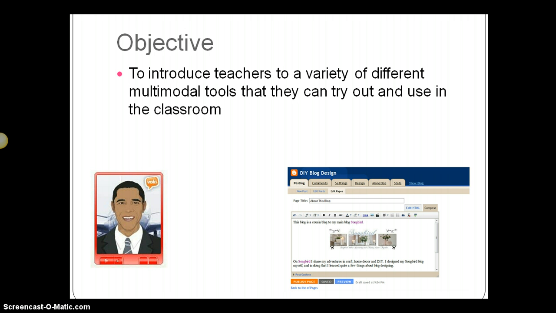The objective of my MMP for the professional development is to introduce teachers to a variety of different multimodal tools that they can try out and use in the classroom.